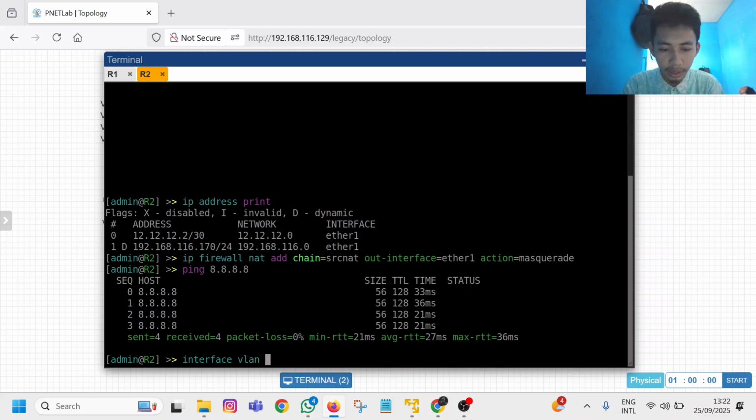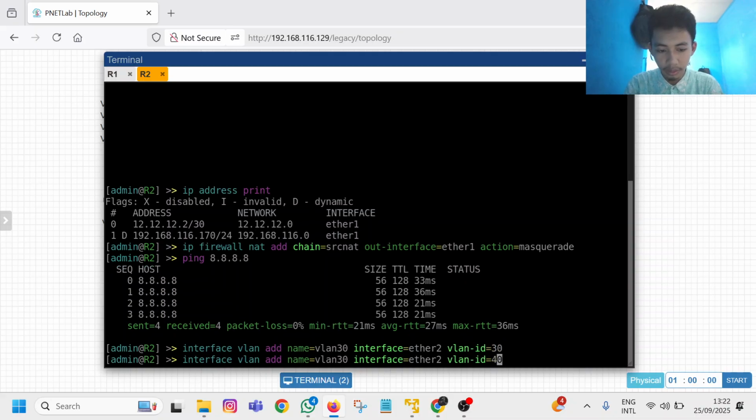Interface VLAN, add name VLAN 30 on interface, other side, and VLAN ID 30. Then this one is 40.